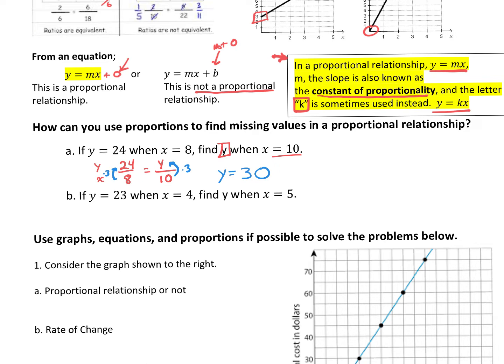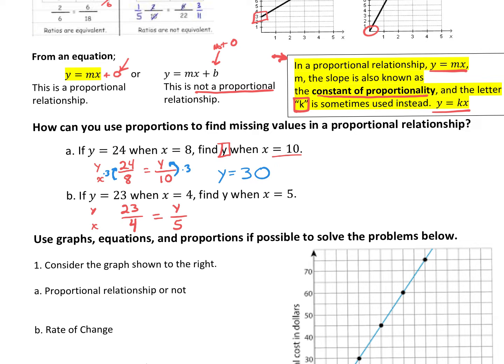Let's try the second one, and then we'll talk more about those as we go. If y is 23 when x is 4, find y when x is 5. So we put the y over the x on this side. We also have to put the y over the x on the other side. Now, 23 is not a multiple of 4. And 4 doesn't really multiply by anything easy to become 5